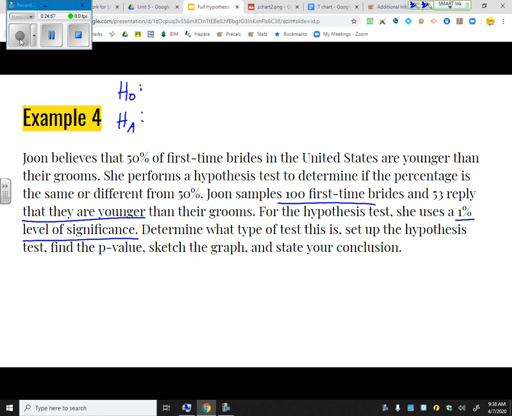It is the fact that I am dealing with a proportion on this one. Okay? And so the status quo says that 50% of the time the groom is older, 50% of the time the bride is older. And what June is wanting to show is, well, that's just not true. It's just not equal to 50%. I'm not sure which way it is, but it just doesn't make sense for it to be 50%. Okay, so